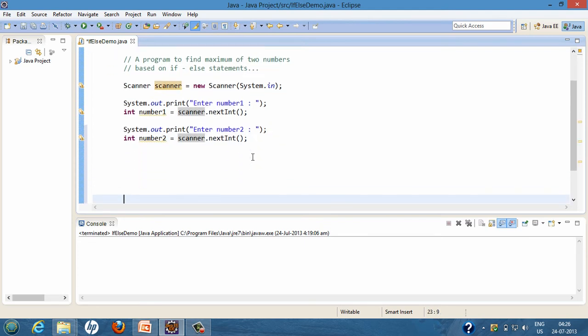As soon as we have the two numbers, we are ready to have a look at a demo for the if-else statement. So let's say I place an if block.